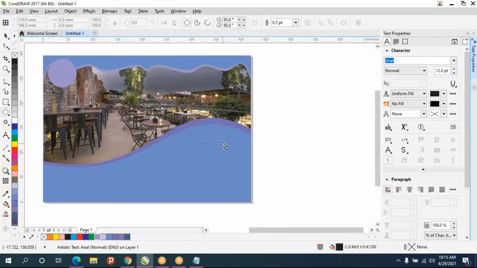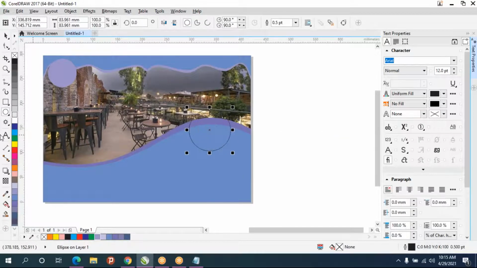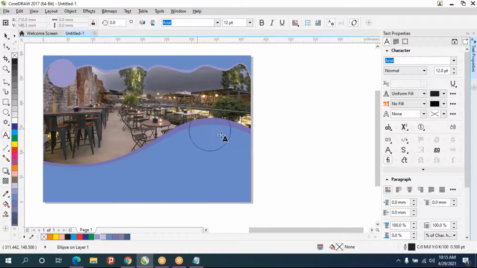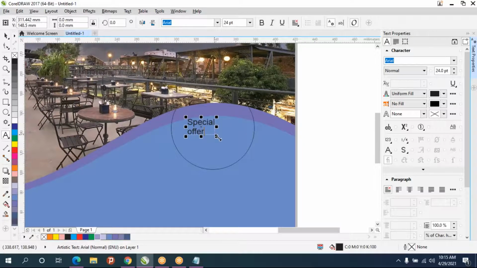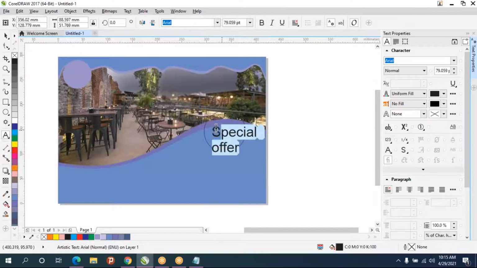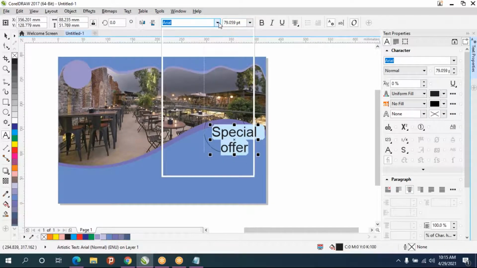Fantasy font when we have to keep means, suppose some important content. For example, I'll create one square box here, and in that I'll type something. See, for this kind of text you have to use some attractive font.